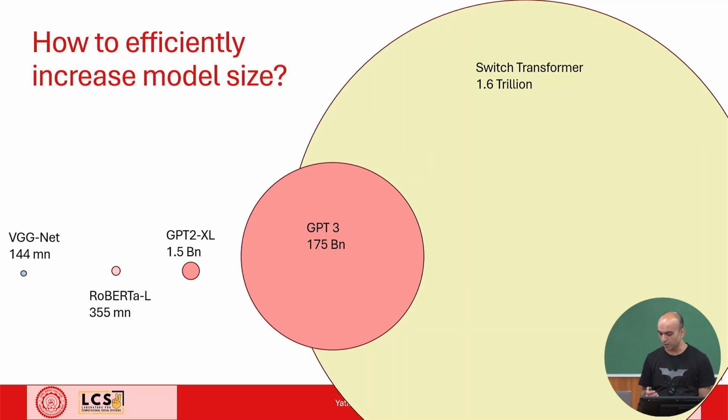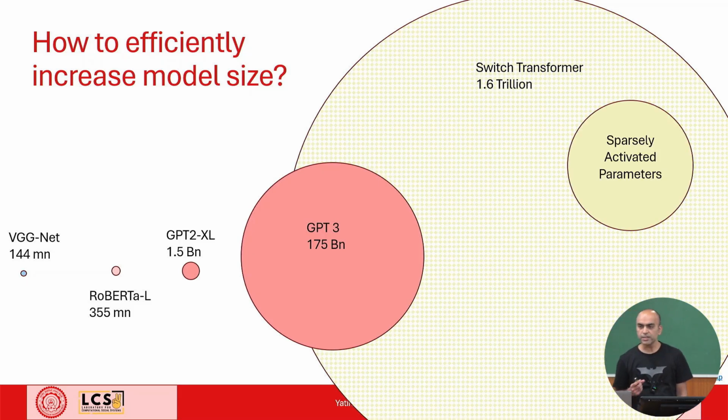But now the question is, how do we efficiently increase the model size? If you just keep on going this way, we saw that it's going to take more than 9 months. So the answer lies in the mixture of experts concept, which we will study today. At a very high level, the idea is that we have a lot of parameters, but we will not activate all of them when we are using it, neither during training nor during inference. At any point in time, only a subset of all the parameters is going to be active for a given input.